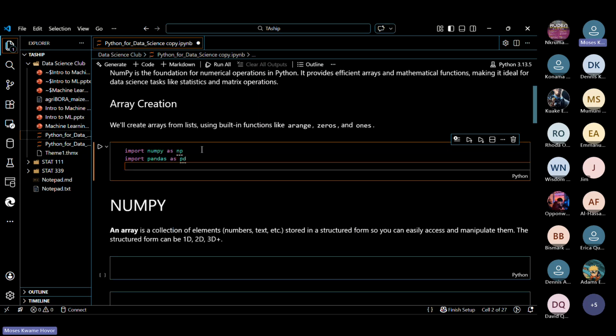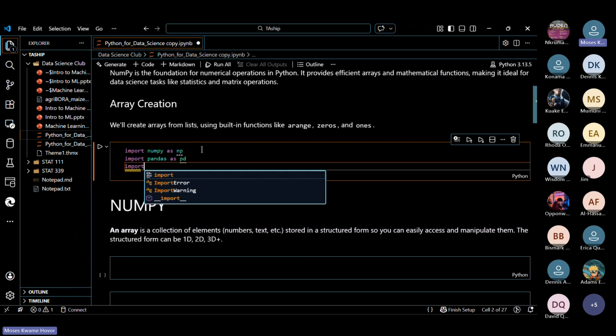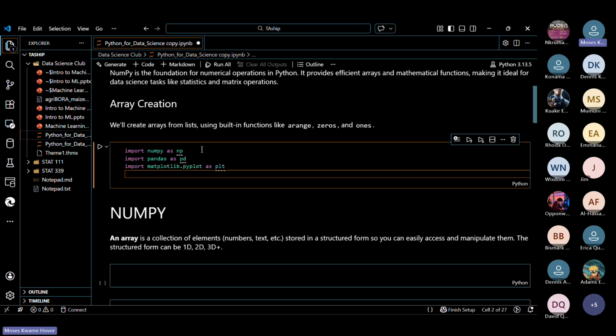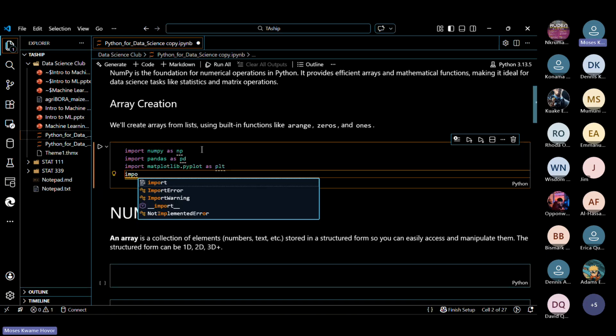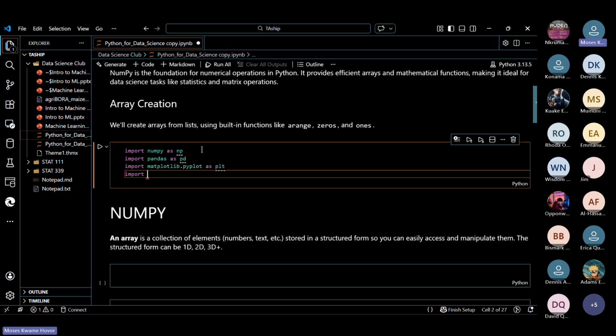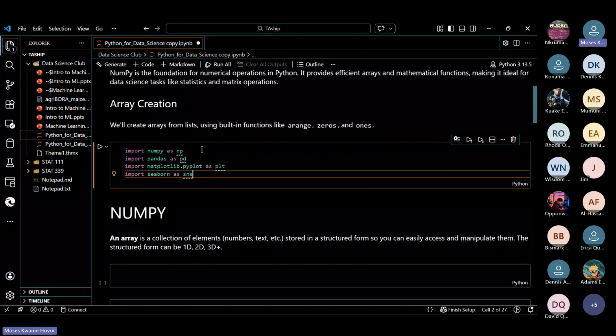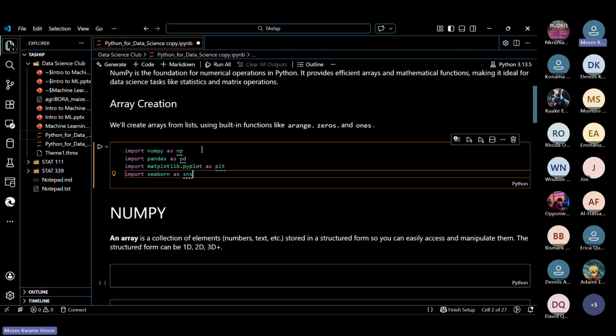I'm also going to import matplotlib, the one for visualization. I need only the pyplot as plt, and I also will be needing Seaborn as sns.